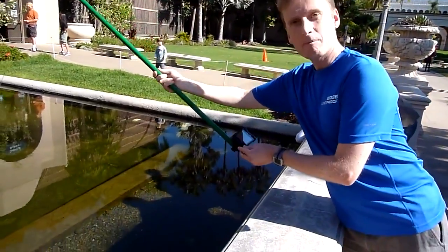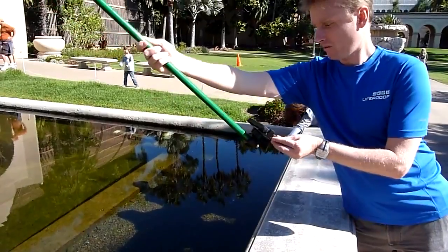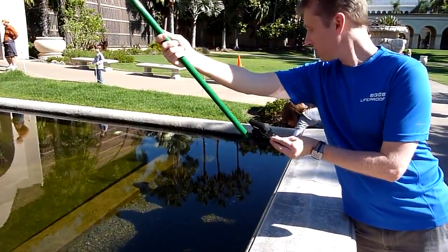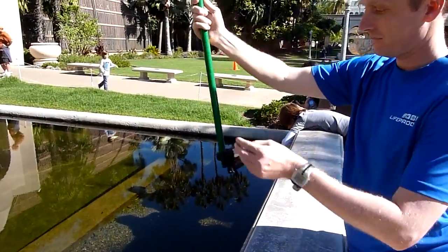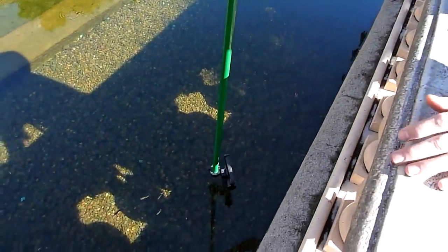We're at the koi pond here at Balboa Park. There's a lot of fish, which we're going to see. They're all over there right now, but let's put the camera in and see if we can get their attention. Here, bud. Here we go. Going down, going down, going down. Oh, no, they're still doing